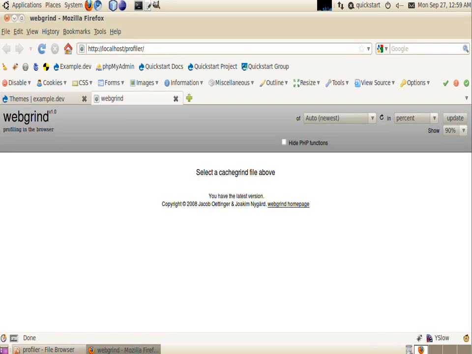There's a lot going on in this UI, and I just don't have time in the single screencast to talk about everything. So I'm just going to run you through the basics. This drop down here is all the profile files. I generally prefer to look at the data in milliseconds, and if we look at 100% of the data, it's a little more useful. I don't turn on hide PHP functions because I prefer to see what PHP functions are